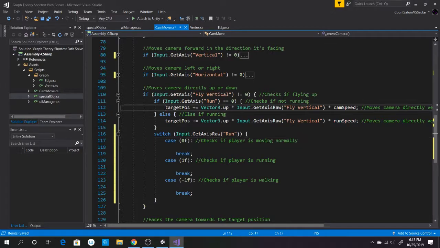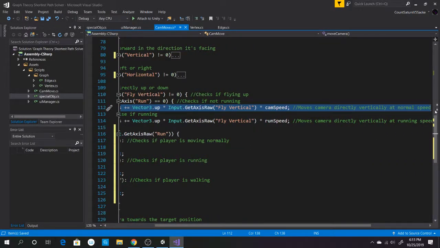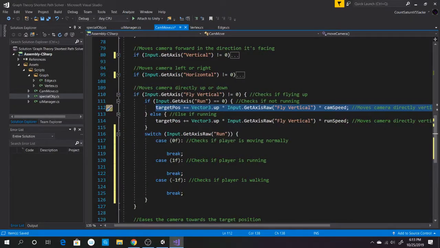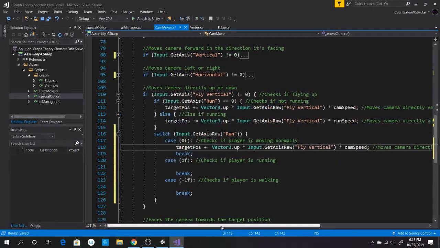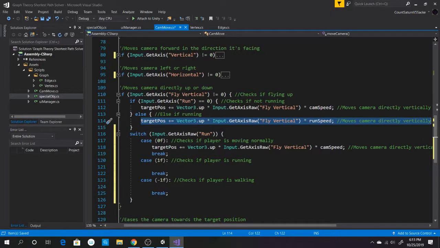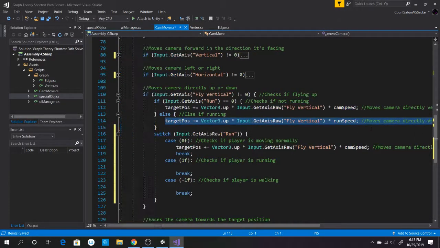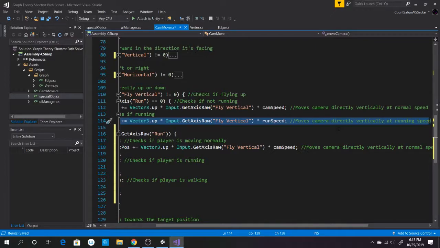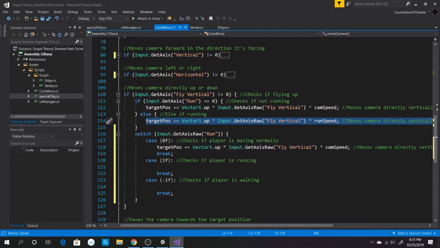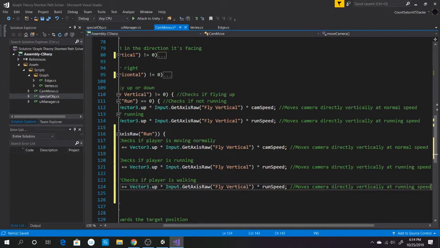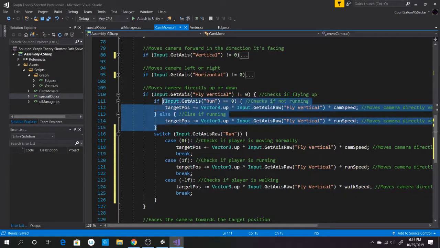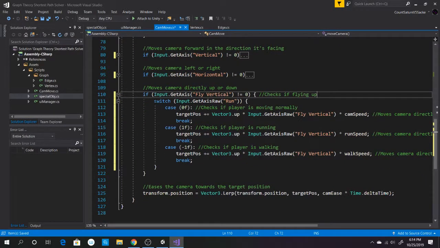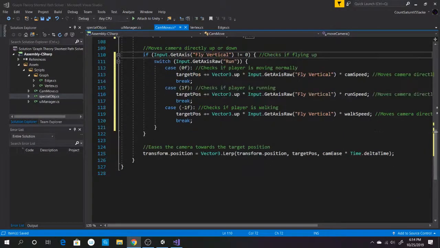Now, what we do is take the target position, going to fly at normal speed, the normal speed, put it there. Then vertically at running speed. Running speed, all right, then we'll put it there. And lastly, we're just going to put it at walking speed. And we put here, walk speed. Get rid of this. And with that, yeah, we have